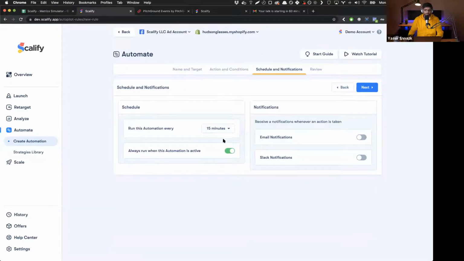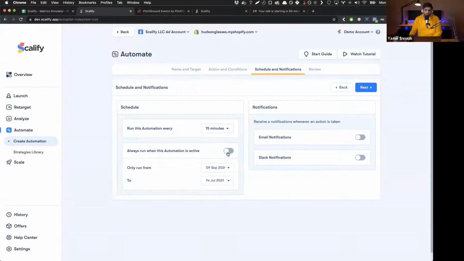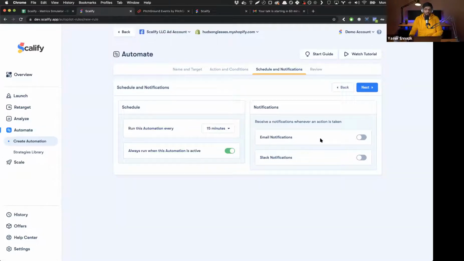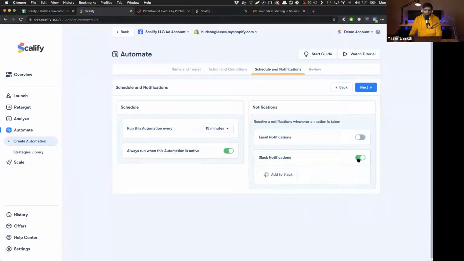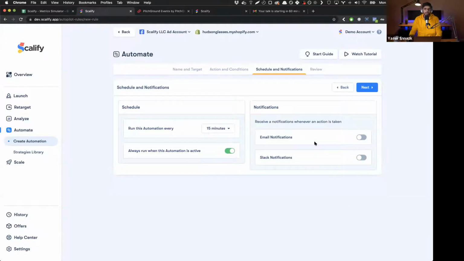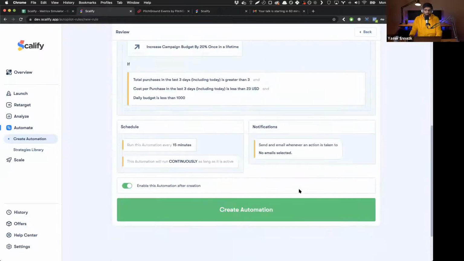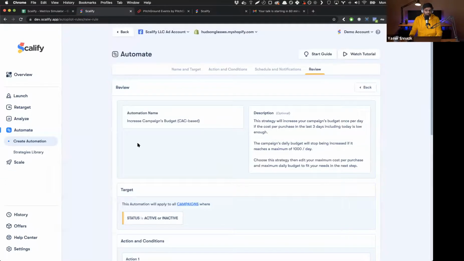This is the scheduling. So you can have it check every 15 minutes or once per day, etc. And you can have this automation running all the time or on a specific date range. And you can receive email notifications whenever something happens on your ad and action is taken. Or you can also link your Slack channel here to receive updates directly inside of Slack. Review your work here, and then you can create automation. So that's it for the